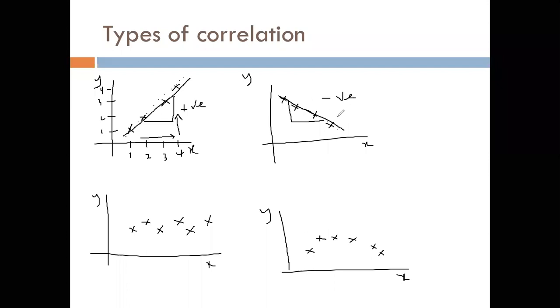So we say that with this graph here, let me use R, our correlation is going to be a negative figure, a negative value. So we say that the variables are negatively